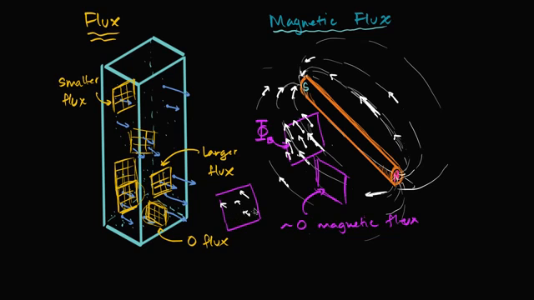If you have a weak magnetic field out here, the flux is going to be lower than if you have a strong magnetic field. That's analogous to when you had high density and high velocity, that was a lot of flux, versus low density or low velocity, that is lower flux. And also, we could increase the total surface. So if we stretched that surface, or we had a larger surface right over here, the flux through this surface is going to be larger than the flux